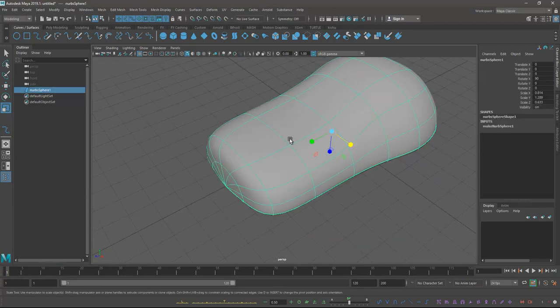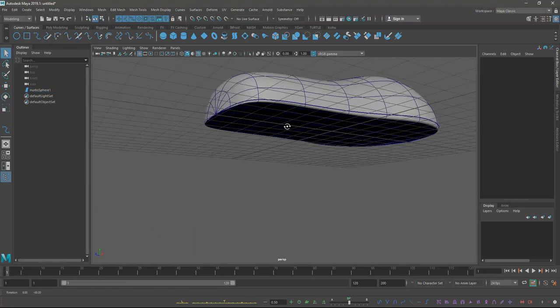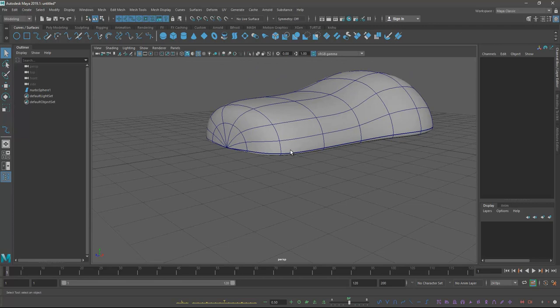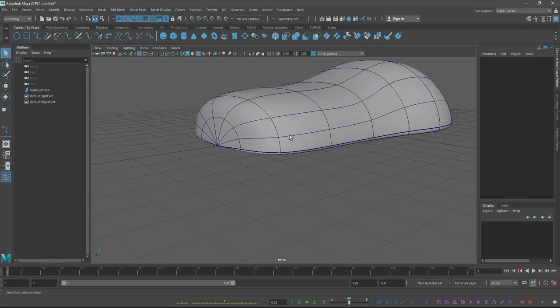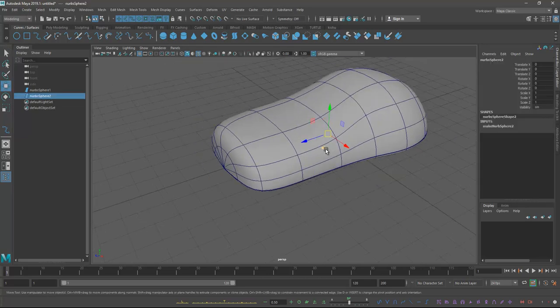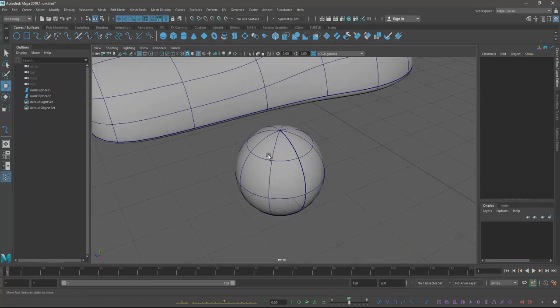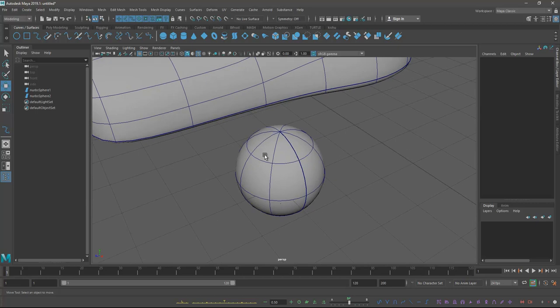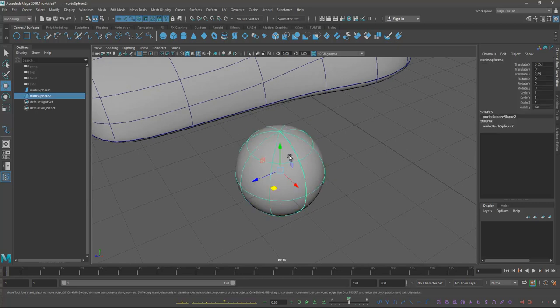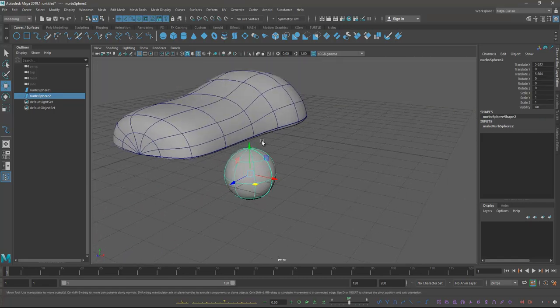Okay, so the very important thing is this is called the seam line. See here the line is very thin, this is also very thin, but here one line is there. This is called the seam line. Whenever you take the sphere, you can notice that. All these lines are thin, and this one is a little thicker than the rest of the lines. Make sure this line must be on the side here, somewhere here